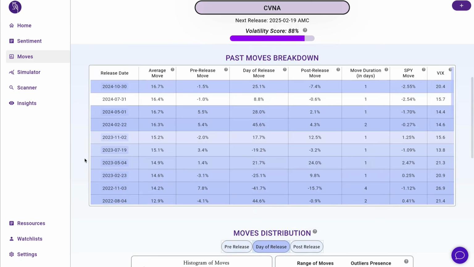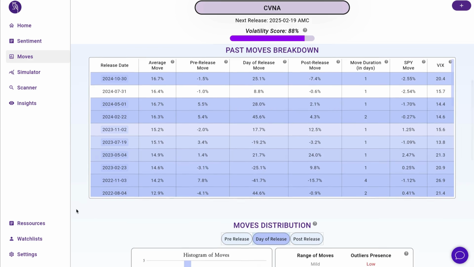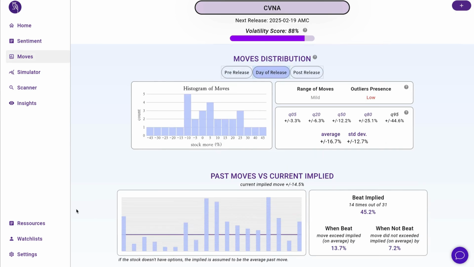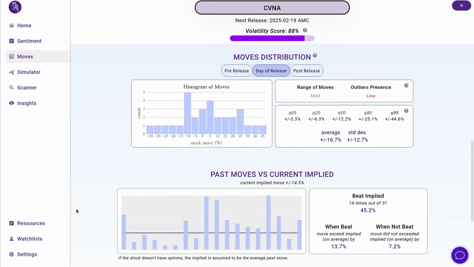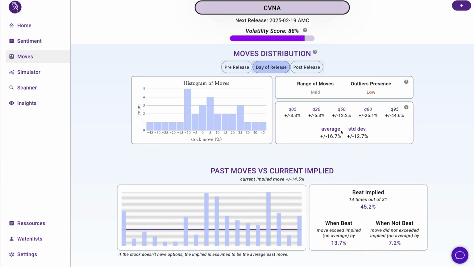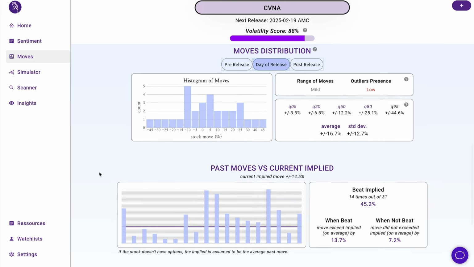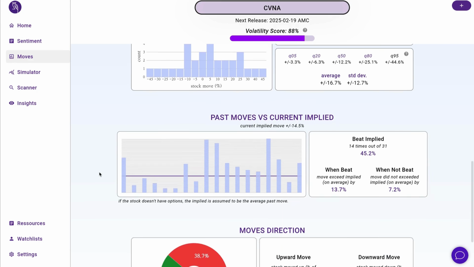You see that, for example, the minimum move that happened in the last 2 or 3 years is this 8% earlier last year. So this can be considered as our worst case scenario, that the move would be just at this amplitude. We can scroll down and here get more and more insights about these moves. We see the average, the standard deviation, and so this high range of moves that we see going from minus 45 to plus 45, as we've seen in the previous table.